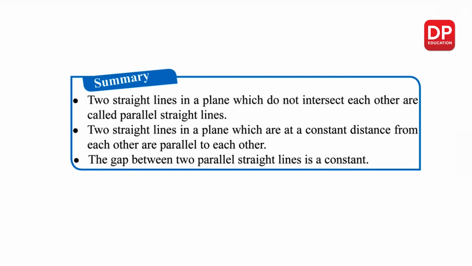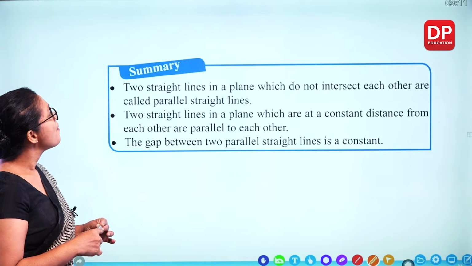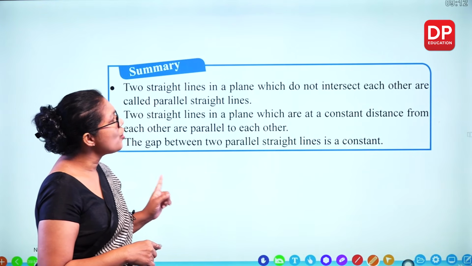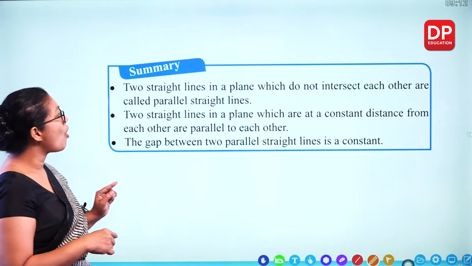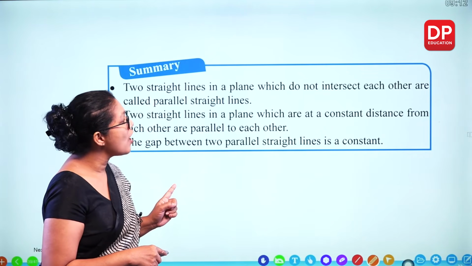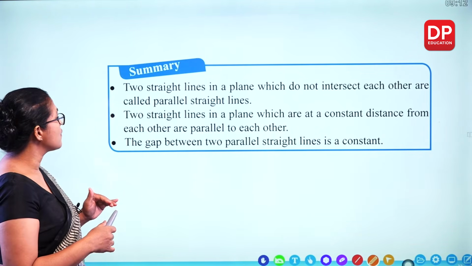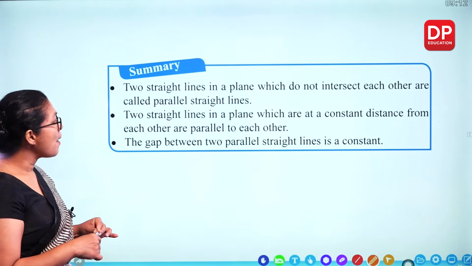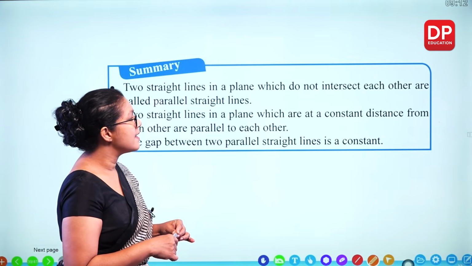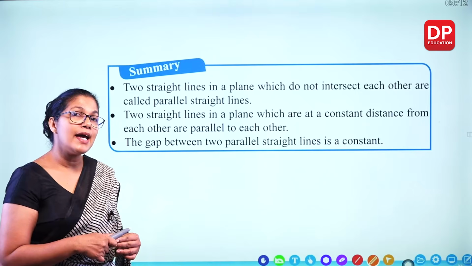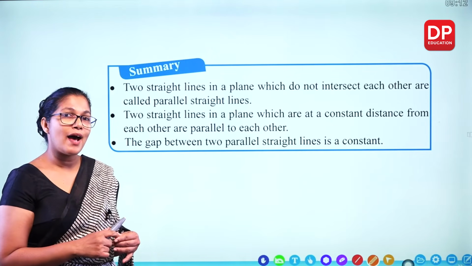We covered all theory related to parallel lines. 2 straight lines in a plane which do not intersect each other are called parallel straight lines. Two straight lines in a plane which are at a constant distance from each other are parallel to each other. The gap between two parallel straight lines is a constant. So when you want to draw parallel lines, use set square and the